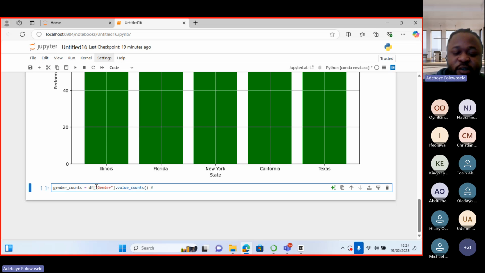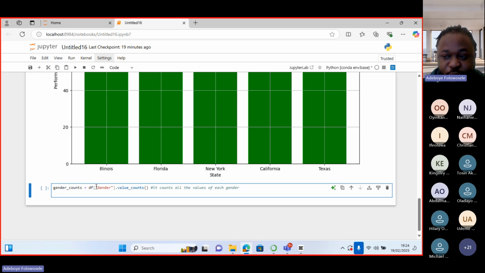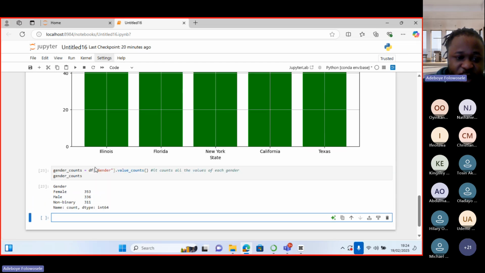What this does is it counts all the values of each gender. If I print this alone now, you can see we have female, male, non-binary. So if we want to represent this now in a visualization, that is in a pie chart,